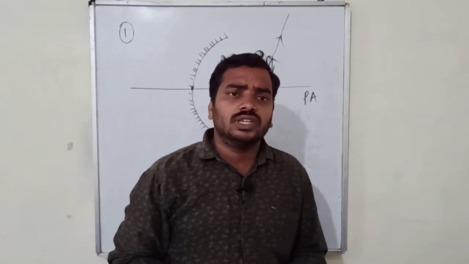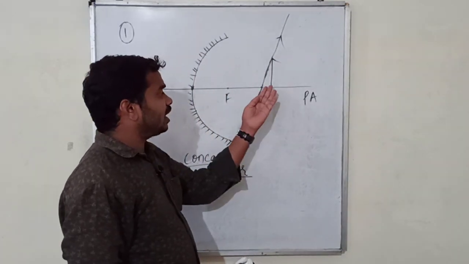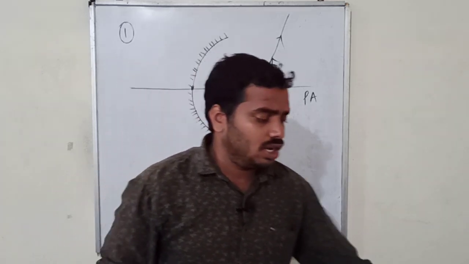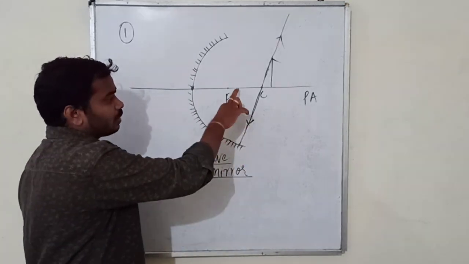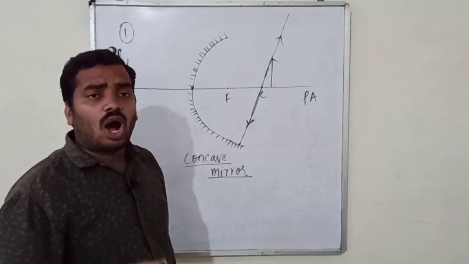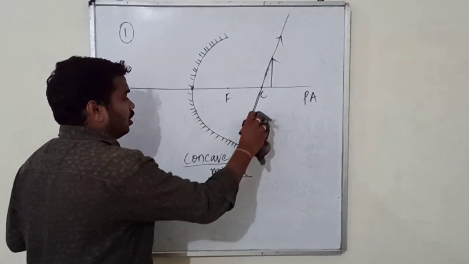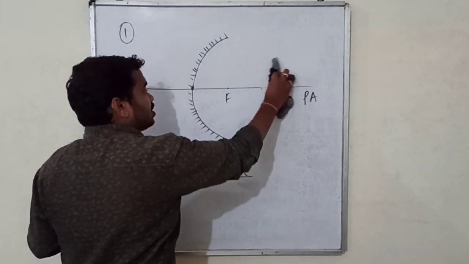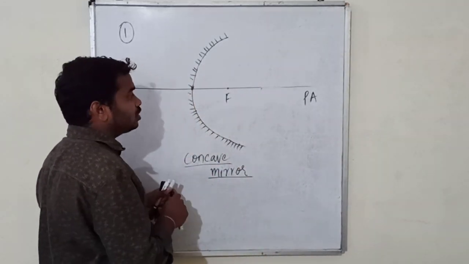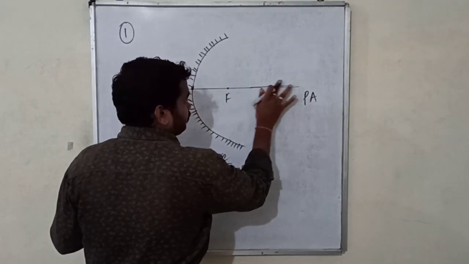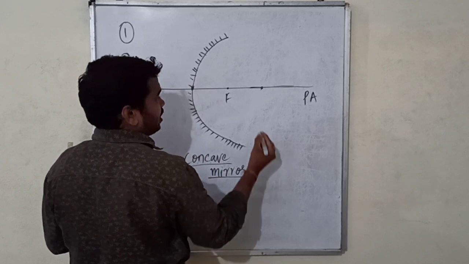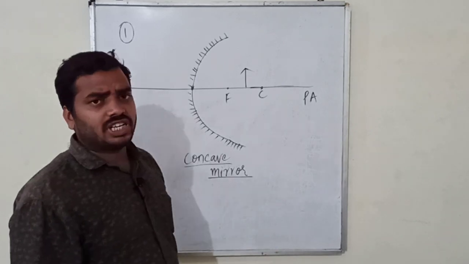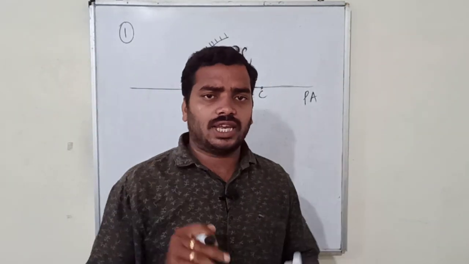You might have a doubt, sir, if you place the object between F and C, how exactly are you going to consider this case? So let me show you. If the object is placed between F and C, then how exactly will you draw the incident ray which is passing through the center of curvature? See, we are still in case 1 itself. You are going to learn 4 cases today, 4 possibilities of the incident ray. This is the center of curvature. Let us take an object like this. An object is considered between F and C.